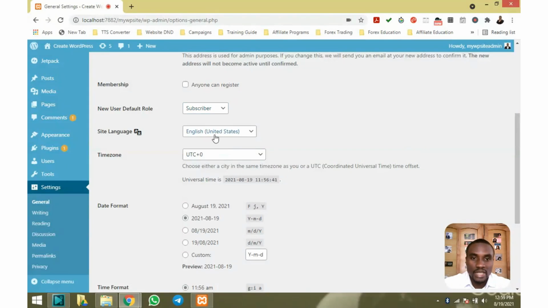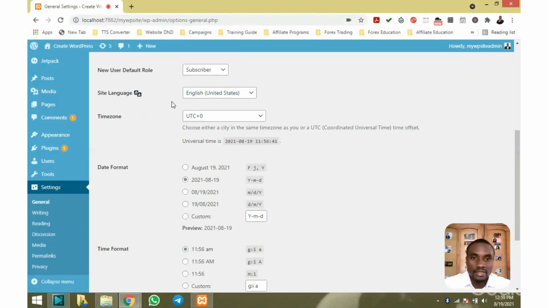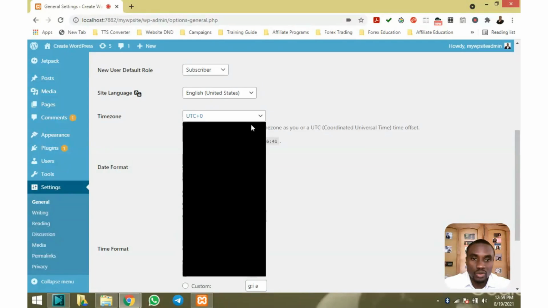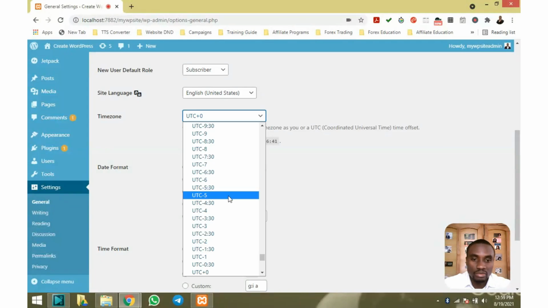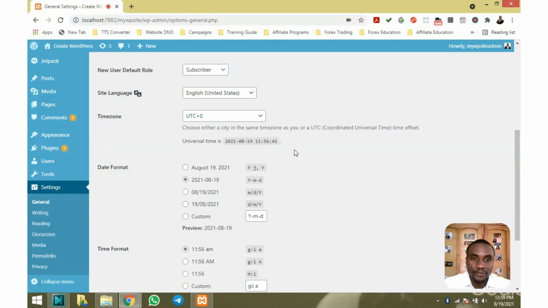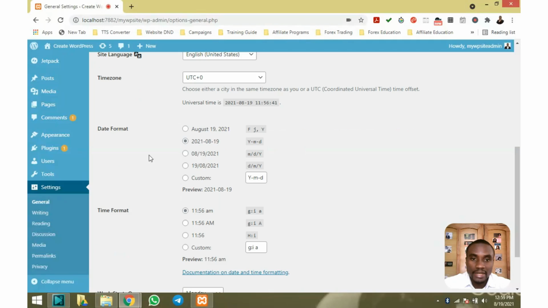And here you have your site language. Our website is currently set to the United States, that's in English. And then here you have the time zone. So here you can actually change your time zone depending on the country where you live. All right. And then here you have the date format. You can change from one date format to the other. All right, if